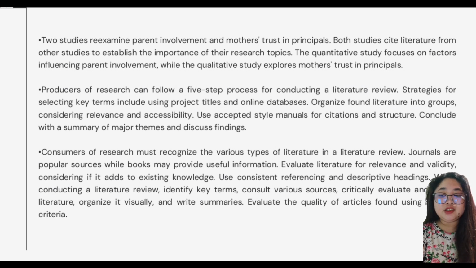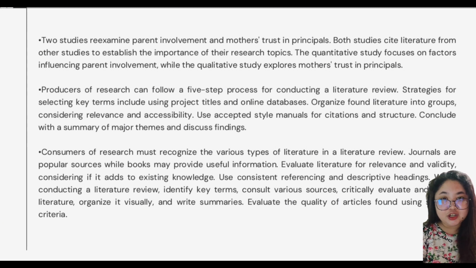By referencing literature, the authors established the context and significance of trust in the educational setting, shedding light on the importance of this dynamic for effective school-parent partnerships. Both studies leverage existing literature to support their research objectives and emphasize the importance of their respective topics